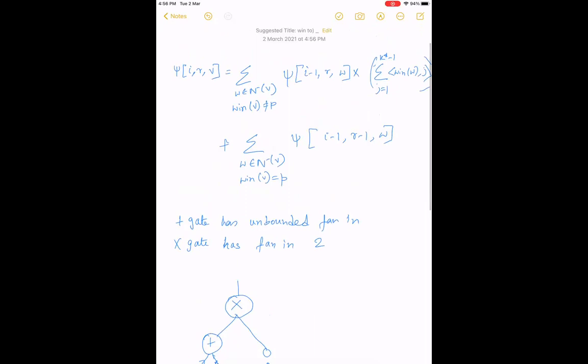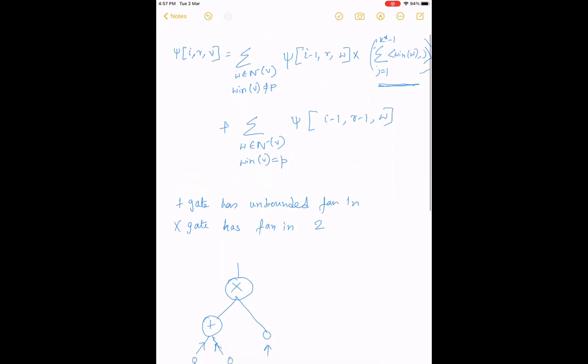So here what we have is this sum, where j goes from 1 to k star minus 1. For this you will have unbounded fan-in, but the product is always happening between these two, so we have only fan-in 2 for the product gate. So you can construct an arithmetic circuit for this polynomial using this computation, which satisfies these two criteria. So using Williams'